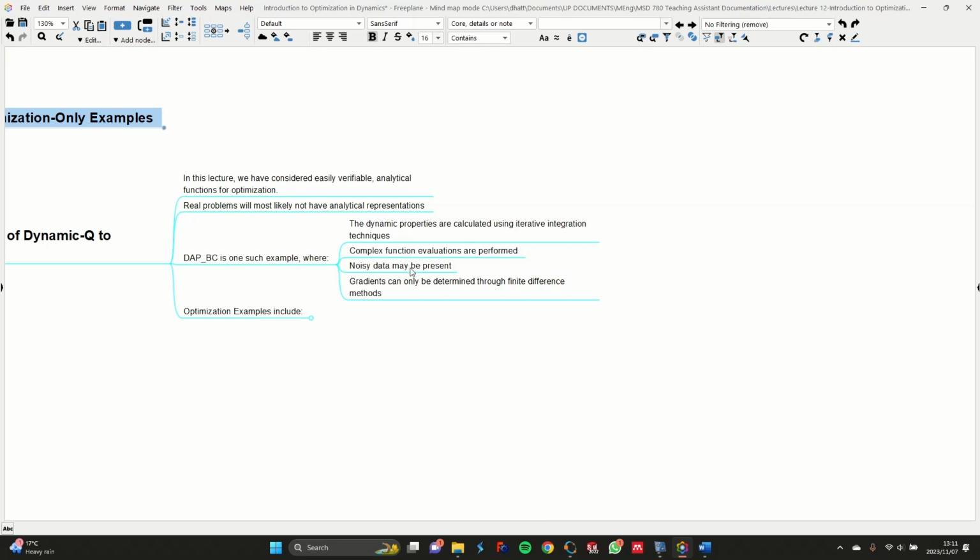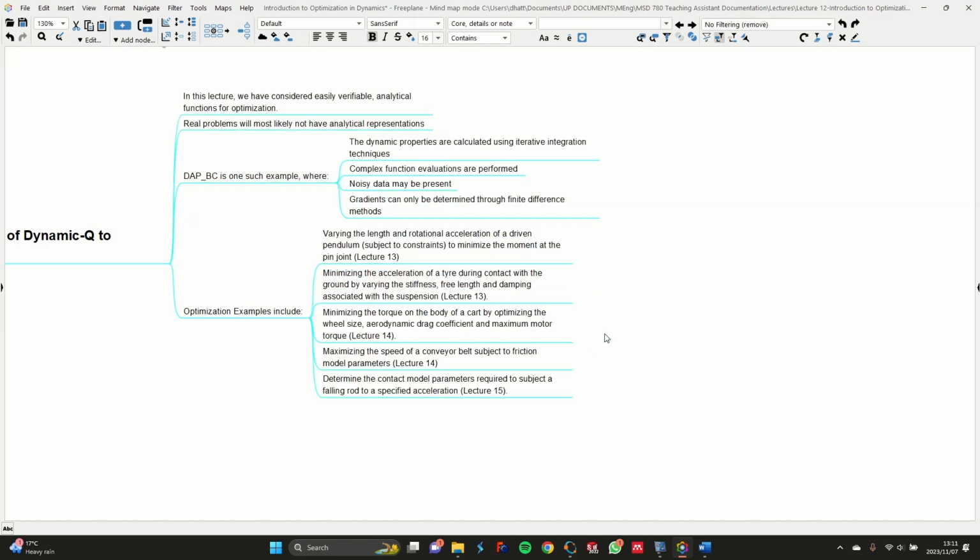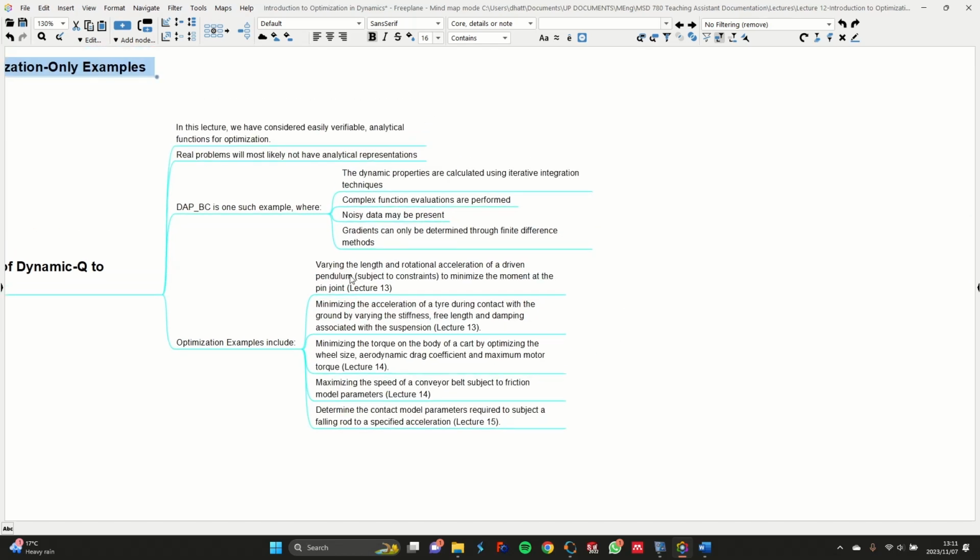Noisy data may definitely be present, and the gradients can only be determined through finite difference methods. So a few examples that we consider is something like varying the length of a rotational acceleration of the driven pendulum to minimize the moment, minimizing the acceleration of a tire subject to its stiffness and free length and its other dynamic properties,